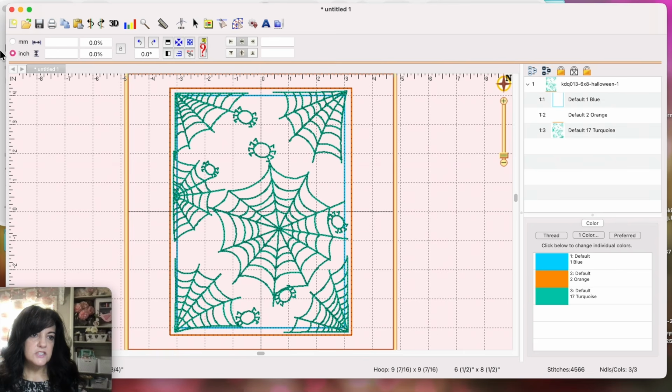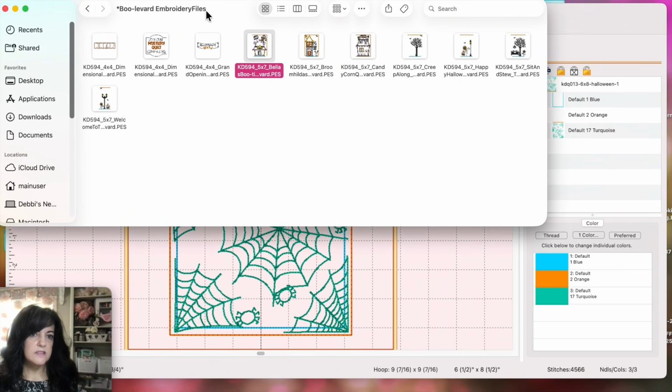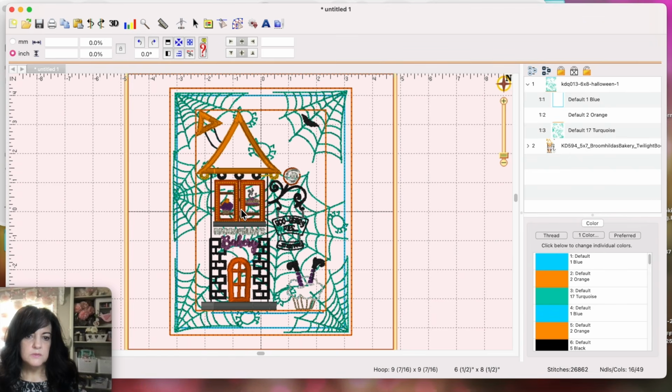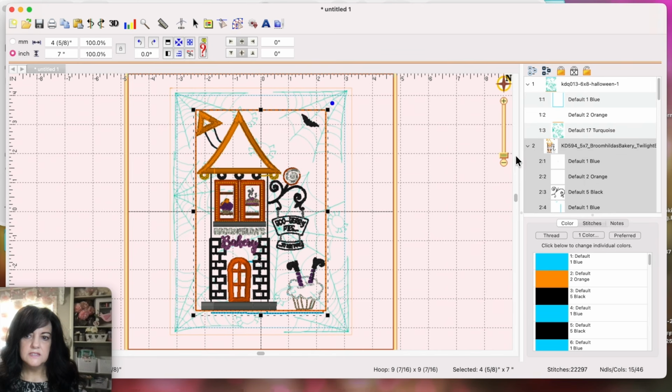So now I just need to go back and get the next design. I'm already in the embroidery files, so instead of having to navigate down that long list, I use the merge stitch file icon. So now I'm just going to grab this next one. I will just drag and drop it. Now this one I will select. It's the